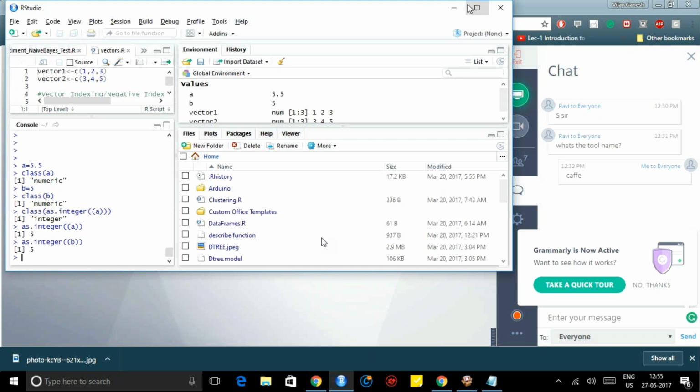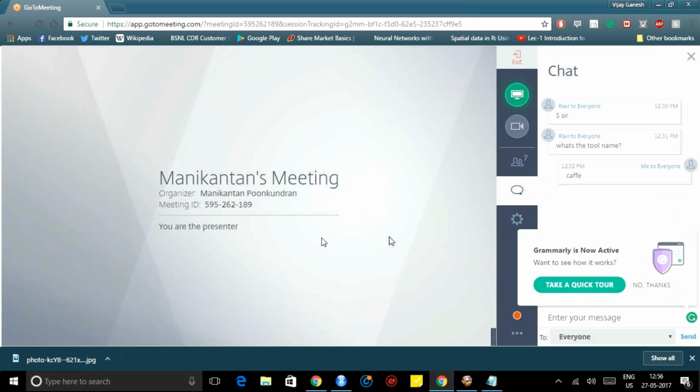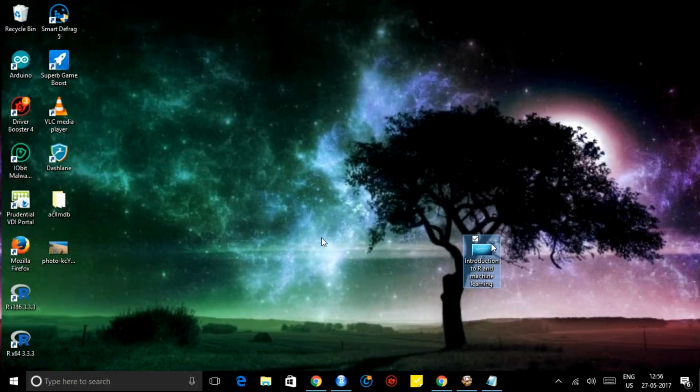This is the only thing that will be boring in R. The next thing is really interesting, which is the data structures in R. The presentation will be in a different format.